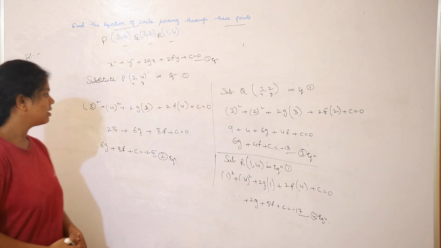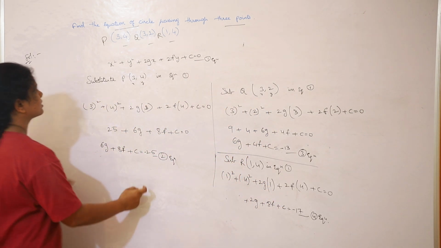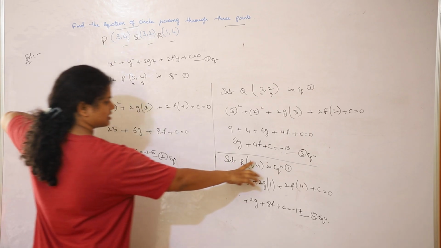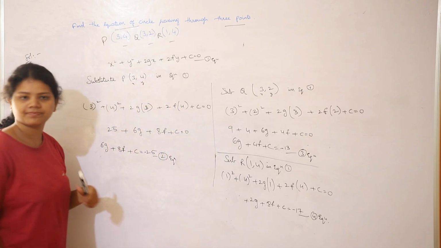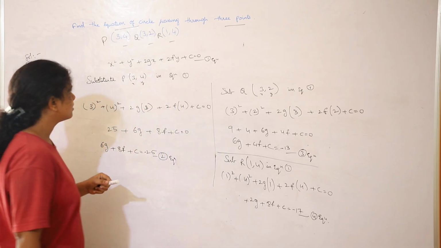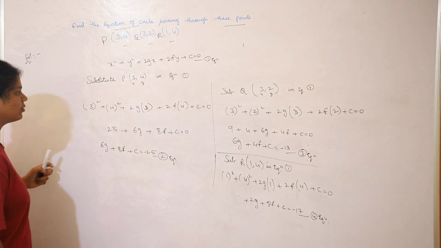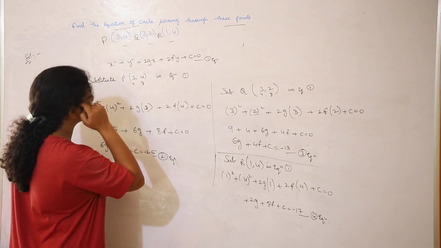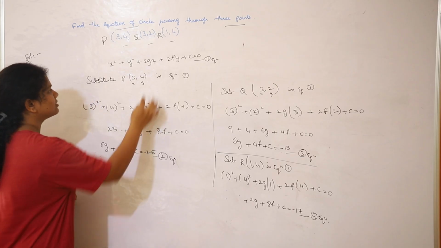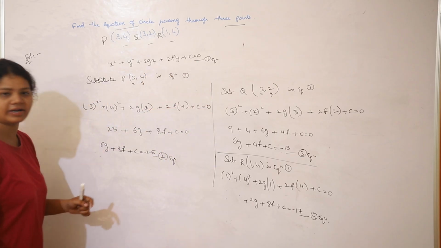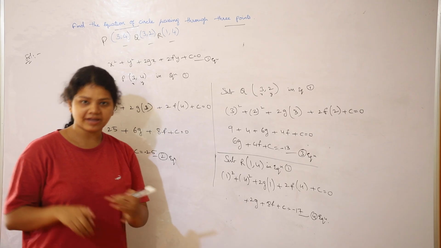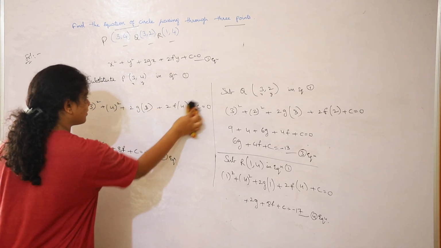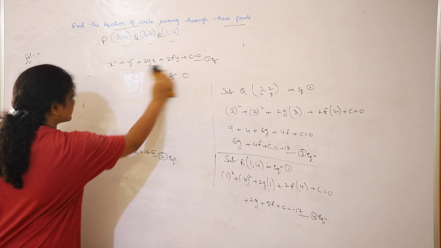Okay guys, now we have equation number 2 because we substituted these values, and we got a whole new equation 2, equation 3, and equation 4. Now, as I said, we should find out the 2gx, 2fy plus c, which means we should find the g value, f value and c value. Now let us find the g, f and c values. How do we find them?